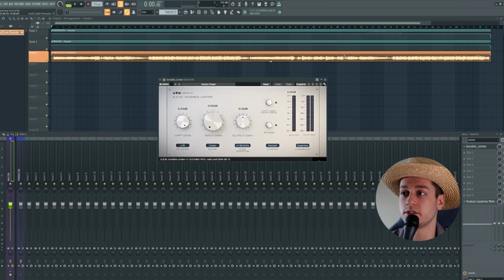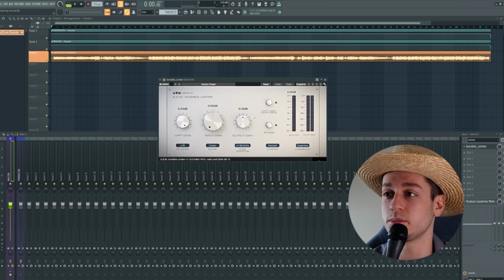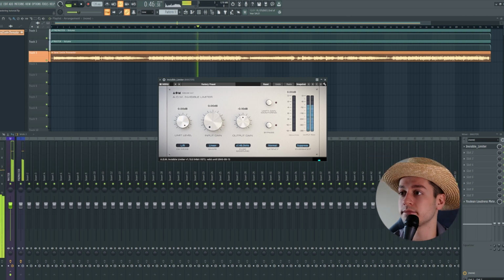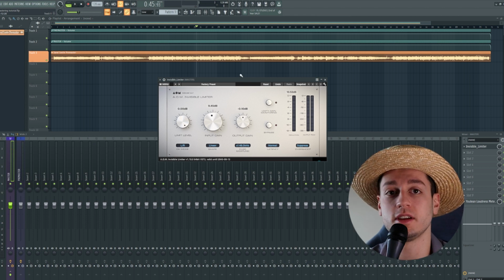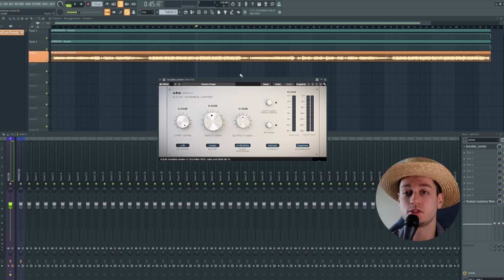First, we're going to master it with only a limiter because we want to compare a full processing master with a limiting-only master. We're going to use an invisible limiter here. So we're going to drag this up to the maximum and then drag down until it sounds good and not distorted. Yeah, somewhere around there is working, I think. So we're going to export it and then we will compare it with my master chain at the end of